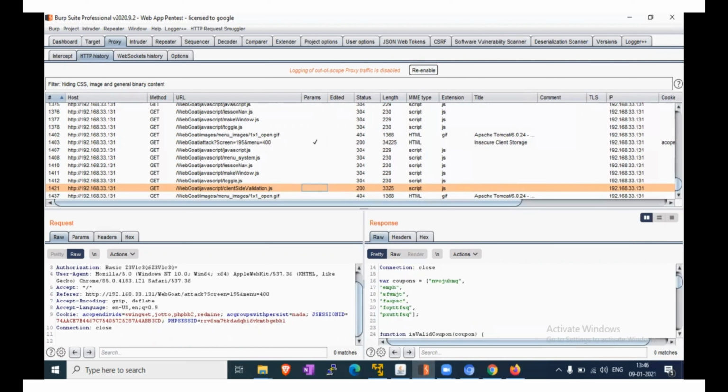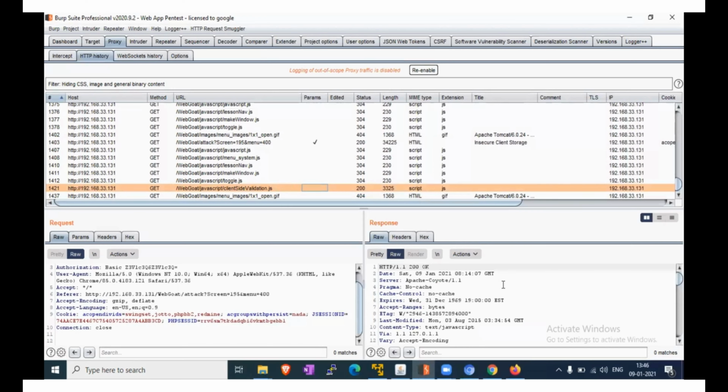Now we will check the raw file. Keep looking at the source code and notice the decrypt function.